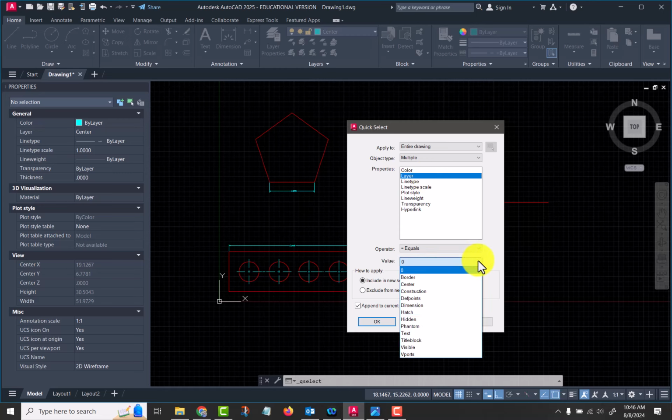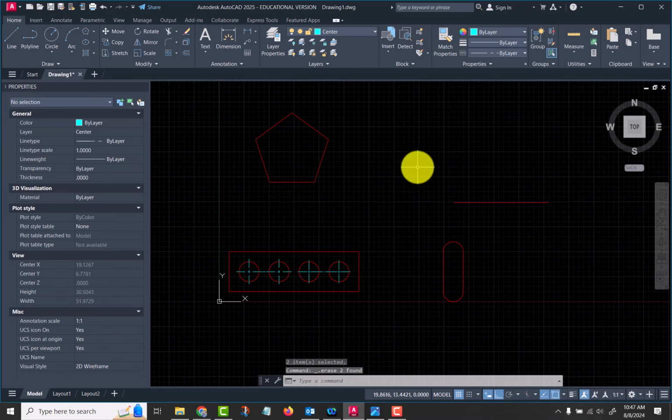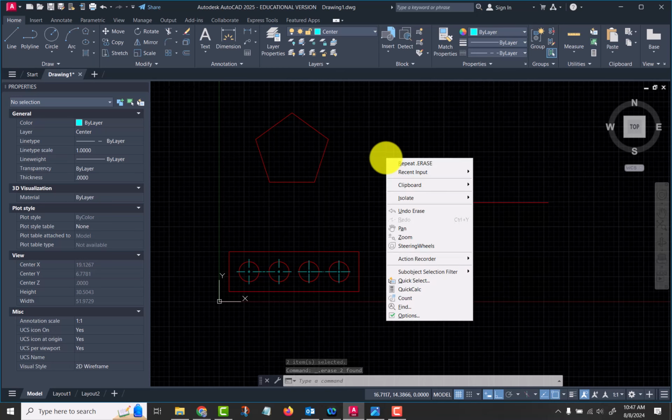And so let's say I want to select everything on the dimension layer, and we'll say OK. And so it selects those. This is one way if you've got a whole bunch of things drawn on the wrong layer and you need to move them to a different layer, or maybe you need to delete them, or well, it's a way to select a lot of different things at one time. Okay, if you need to do something with that, and it works with colors, layers,